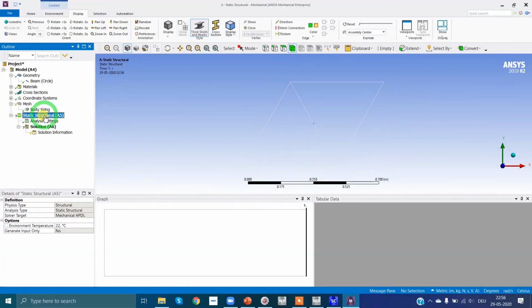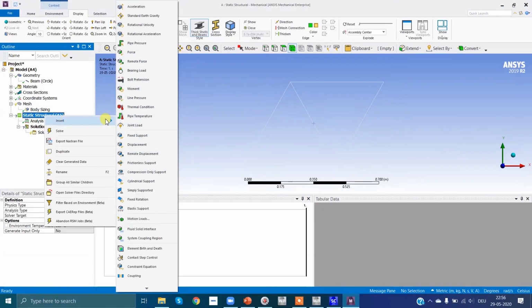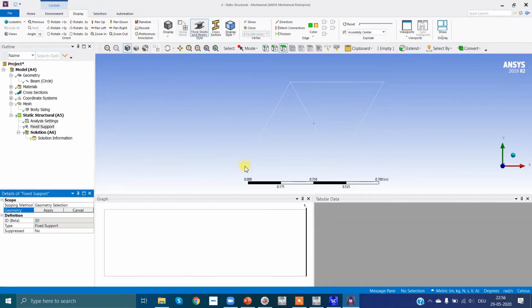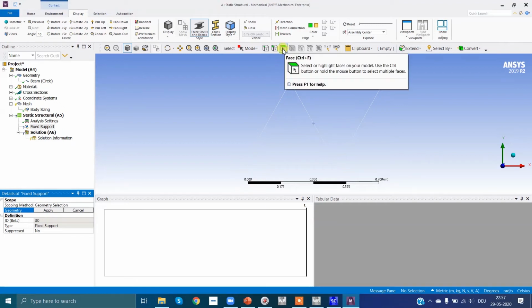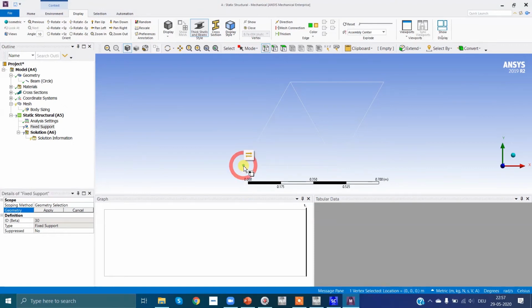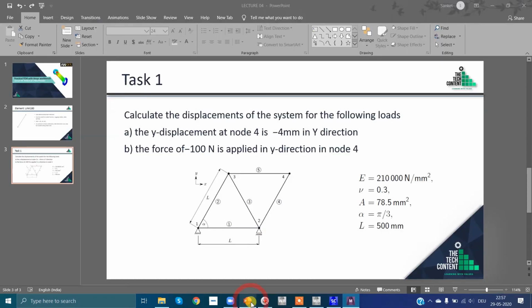Next, we will add supports and displacements. So firstly, we'll add a fixed support to this point. We cannot select this point because this option is active, so we will activate vertex and then we will select this point. Apply. Then we will apply displacement here. You can see in our problem this point is free to slide in the X direction.